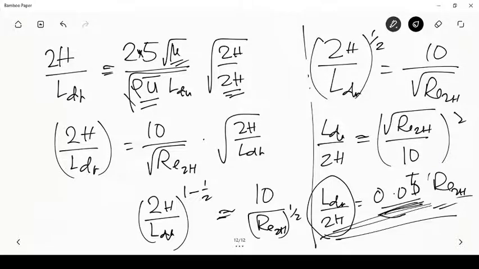Even for a circular pipe, the development length divided by the diameter comes out to 0.05 times the Reynolds number with respect to the diameter. Okay. So that is an estimate of how much distance you will need to travel into the pipe before you find the flow to be fully developed in the case of the velocity profile. Okay. So today we have just gone through the fluid mechanics of flow through an internal flow duct,